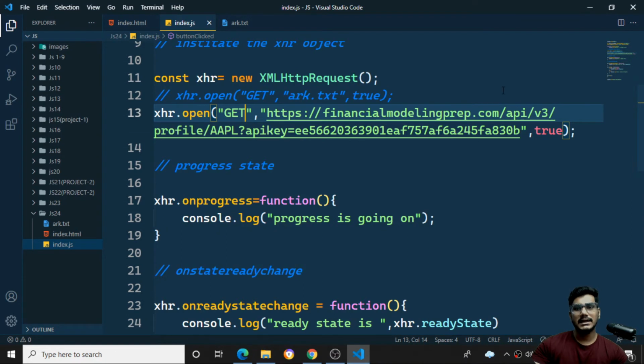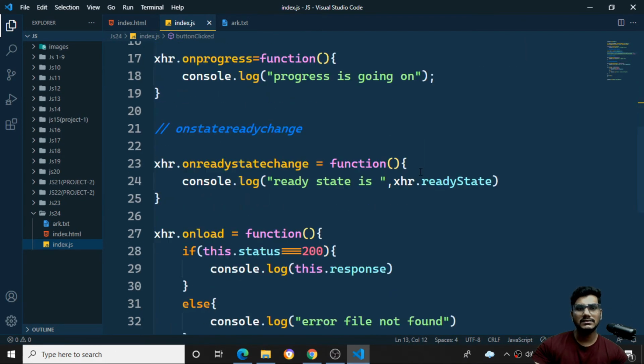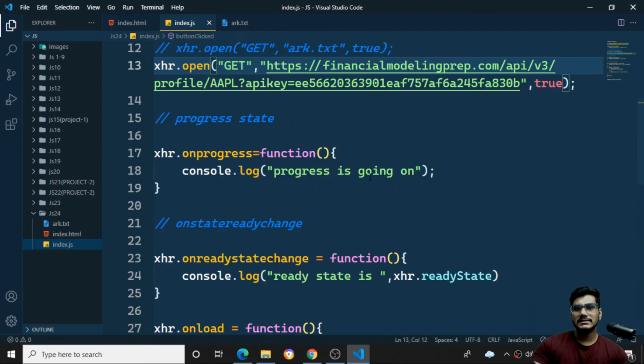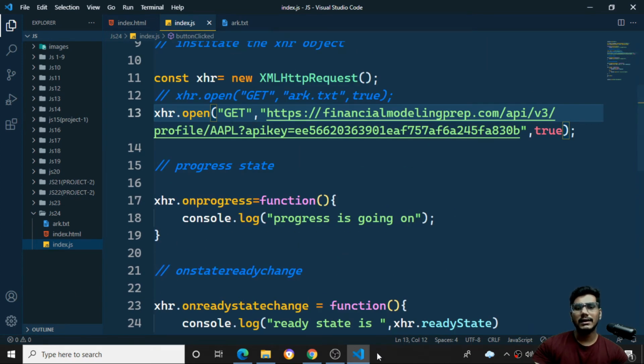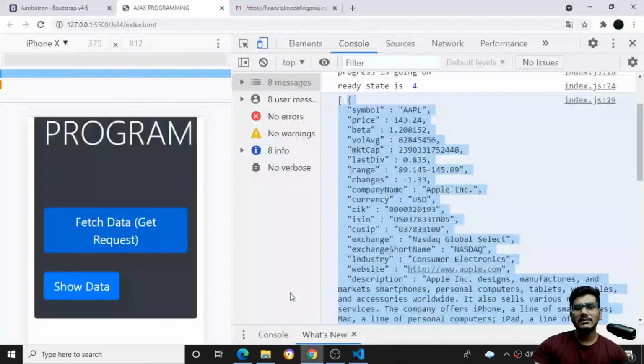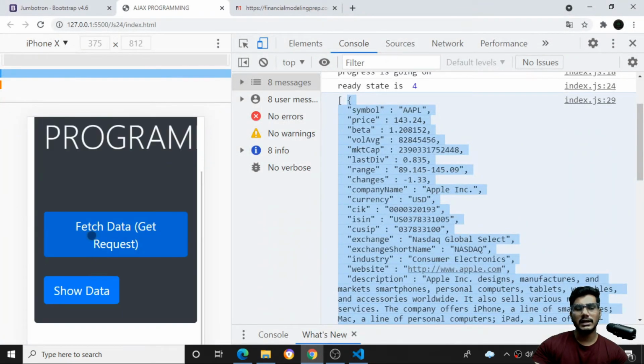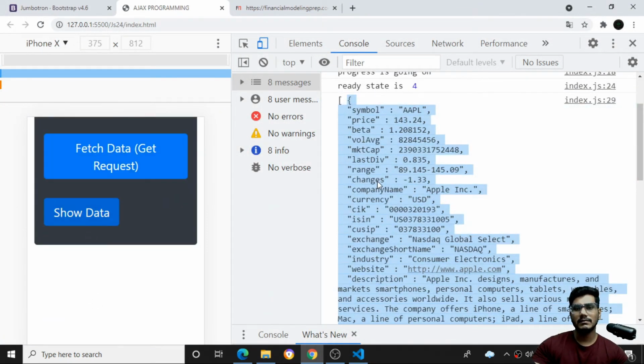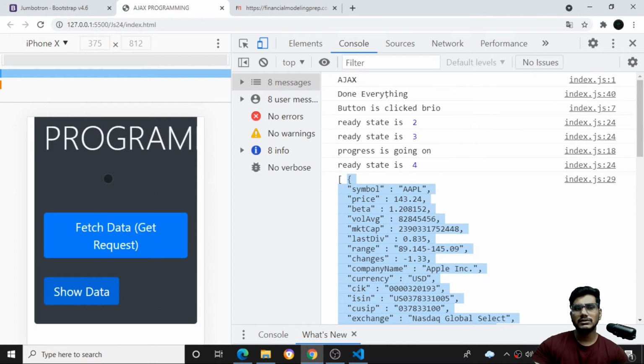So this is how I can do a get, and I can just get the data. You can even use a put request if you want to submit some data. You can do the same things over here. So this is what I wanted to show. Now inside my web page, if I click on the show data, I want to pull some data from this API and show it over here.